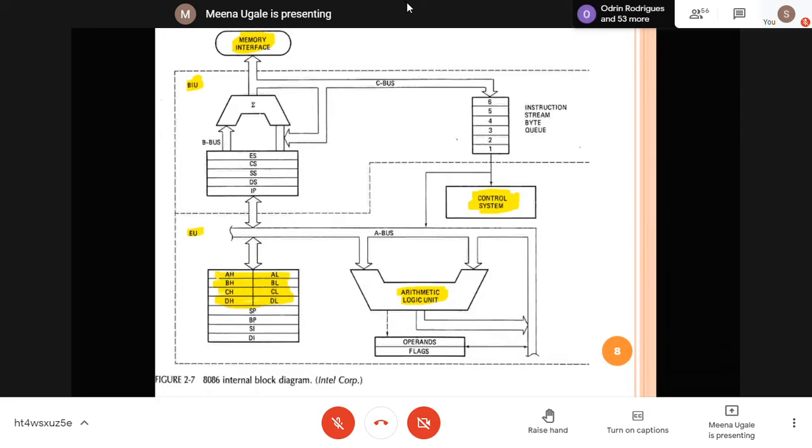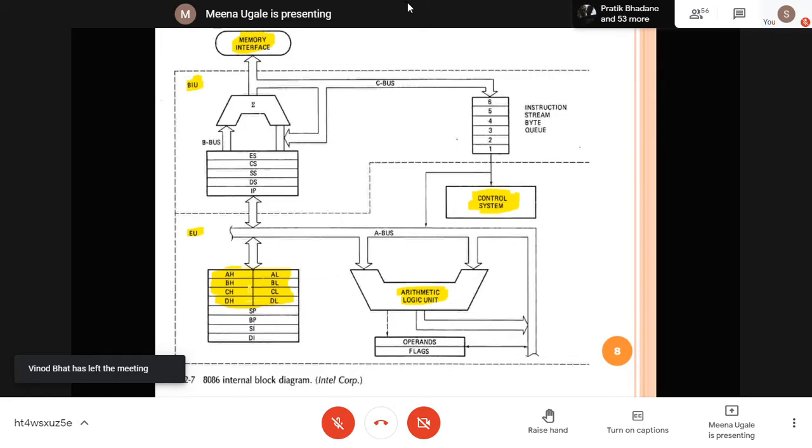Registers are temporary memory locations. Here for the 8086, you have these four general purpose registers. Size is 16 bit. But this 16 bits can be used separately as two 8 bits. That's why it is written as AH, AL.